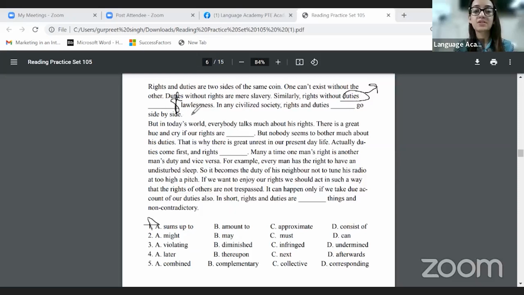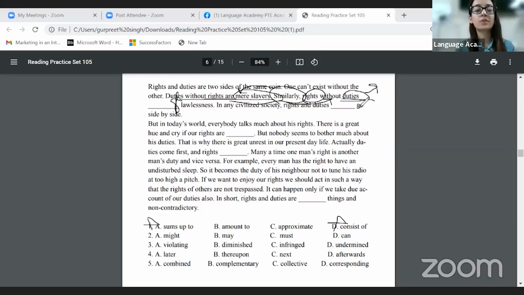Rights without duties dash lawlessness. Because the noun is plural, we cannot have a verb with s. So what can we say? The second common answer that I have got is rights without duties consist of lawlessness. Do we really say rights consist of something? Did the first sentence talk about consisting? We have similarly as the connector, which means whatever the first sentence said, we are going to say a similar thing. Connectors have a meaning. Similarly, on the contrary, means it is related to the previous one. So if they said duties without rights means slavery,